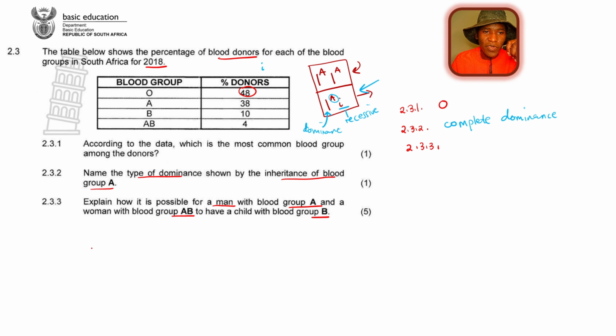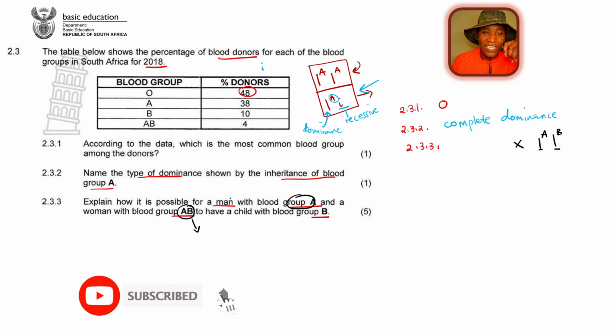But let me just show you in a genetic cross, how a man that has got a blood group A and a woman that has got a blood group AB can have this child. We know that AB has got only one possible genotype. So the female there would have something like this. Definitely the female doesn't have any other option. The female has got something like this. This is a co-dominance kind of case. We have got blood group A, blood group B. And then the male has got blood group A. So he has got 2 possible options. It's either he has got the genotype.